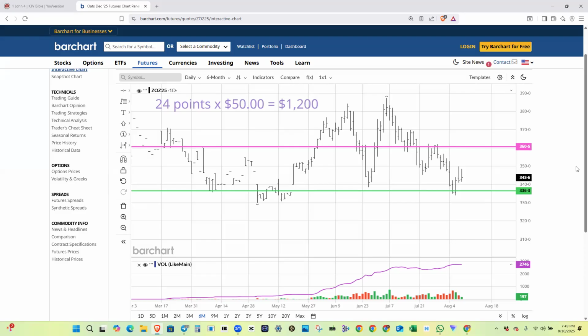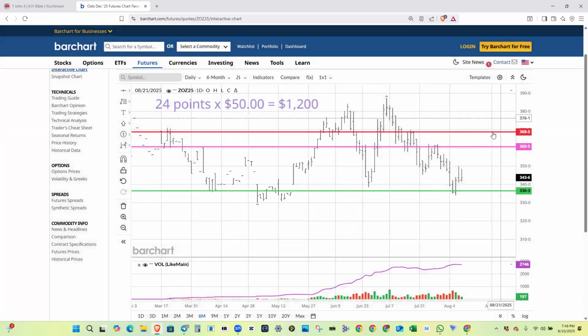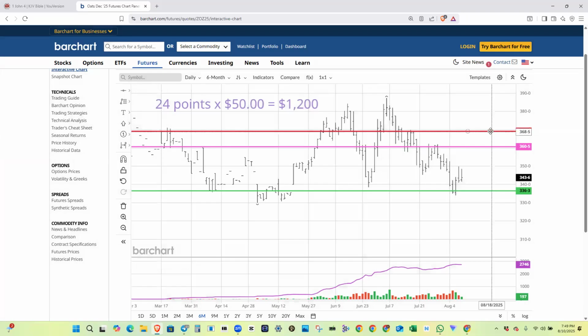Gotcha. So I got another question right there. Then that means you would set your stop loss at a place based on the point system, what you're willing to risk as far as your portfolio is concerned. That's where you will set your stop loss. So if you enter as the buy down, like you said, at 360, but then it goes up to 365, your stop loss would be somewhere around that point system where it may go up just in case. Am I grasping that correctly? Yep, exactly.